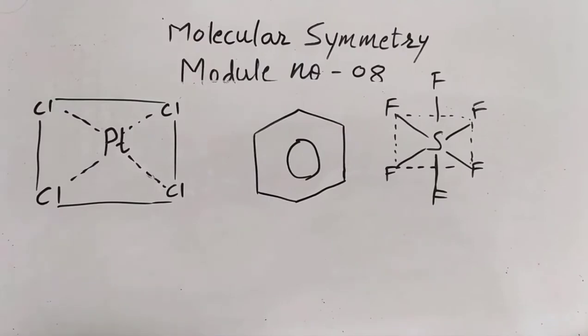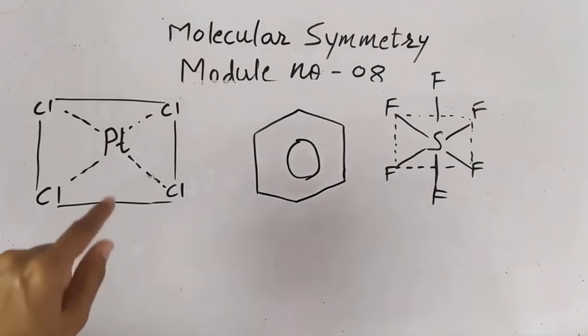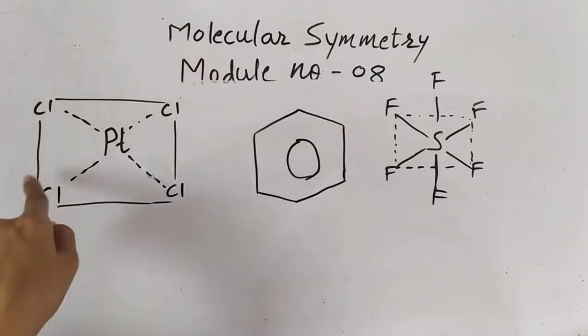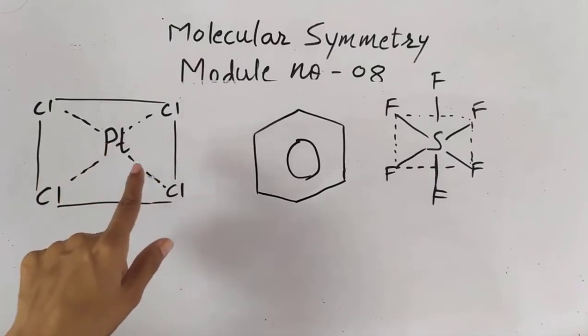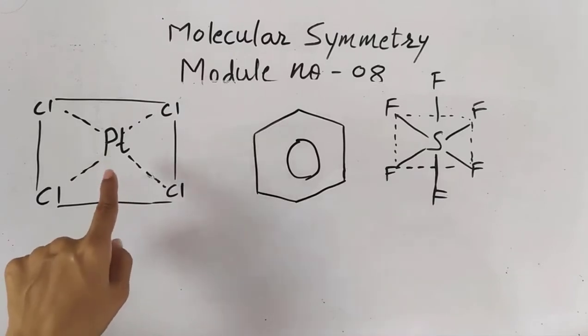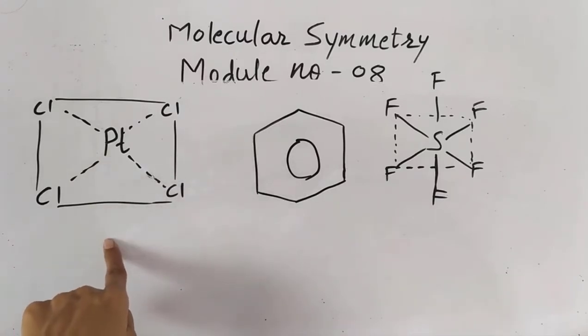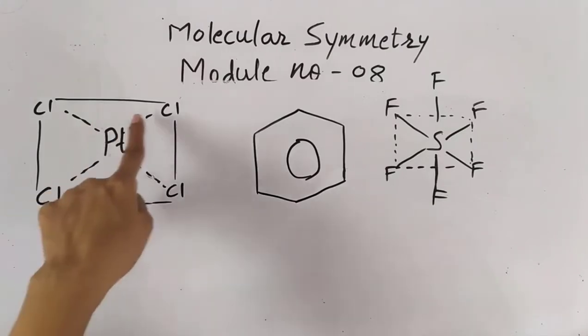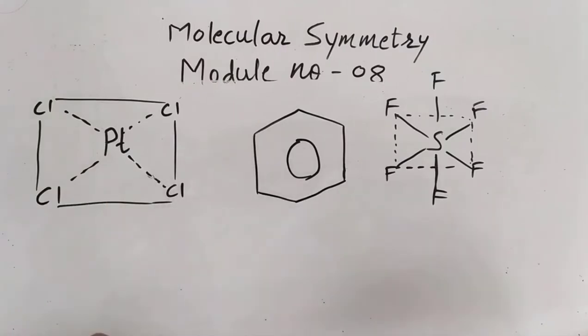So we have three more examples to understand deeply what we mean by I. Welcome back to the same example again, PtCl4, my most favorite example because it possesses almost all the symmetry elements that we have to study. Hence I am taking this example again and again. After the completion of all the symmetry elements, we will observe that PtCl4 is a molecule which possesses all the symmetry elements that we will be studying. Now tell me whether this platinum complex possesses I or not.